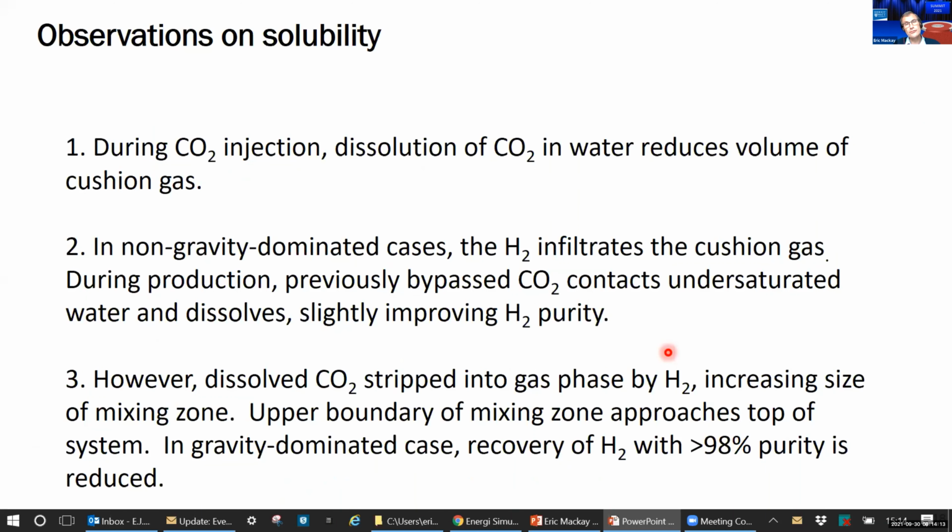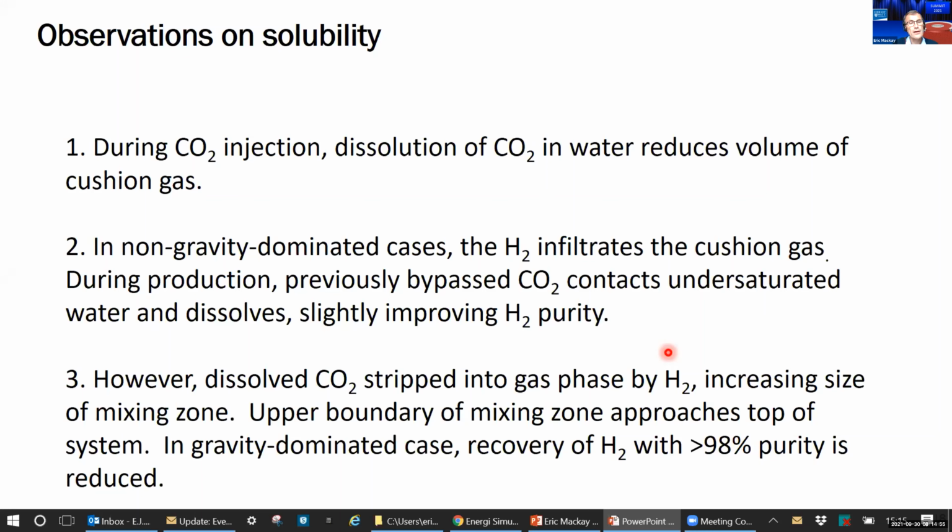So during injection of CO2, the dissolution of CO2 into the aqueous phase reduces the volume of the cushion gas, and so that needs to be taken into account. And in a non-gravity dominated case, there's mixing of hydrogen into the CO2 cushion gas, but during the production period, any previously bypassed CO2 contacts the undersaturated water, dissolving in it. That retards the progress of the CO2 towards the production well, and slightly gives us a higher purity of hydrogen